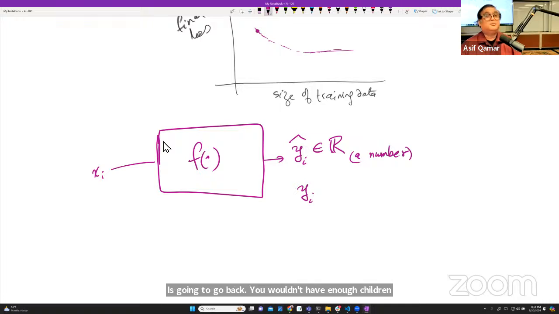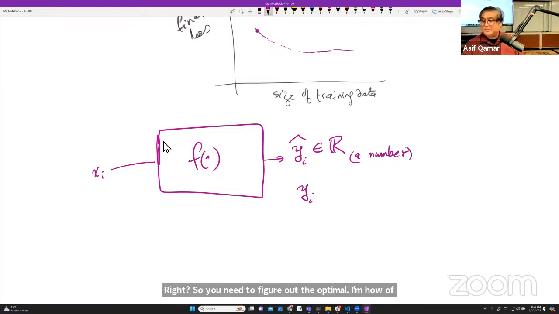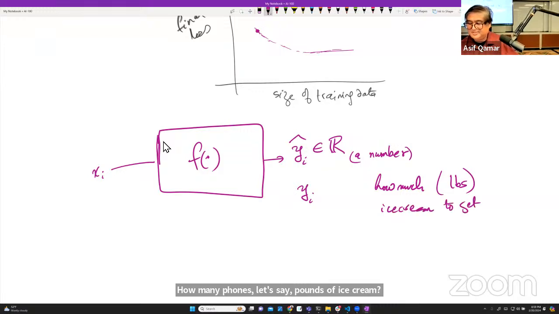You lose money. If you buy too little ice cream, what's going to happen? She'll have the unenviable joy of sitting there and watching the other ice cream shop get all the customers. Right? So you need to figure out the optimal amount of ice cream to get. So what is your prediction target variable? How much ice cream, isn't it? How many pounds, let's say, of ice cream to get from the wholesaler,